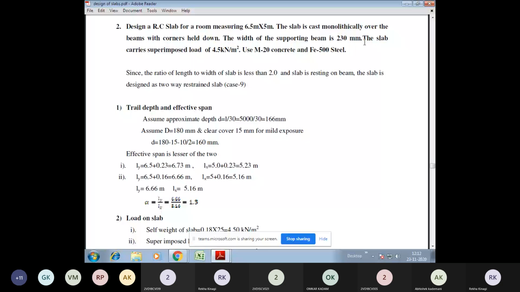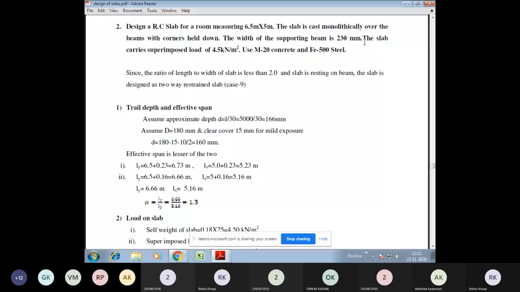And if high strength deformed bars are used in the slab, then the values given above should be multiplied by 0.8. So here approximately we have considered the span to effective depth ratio as,